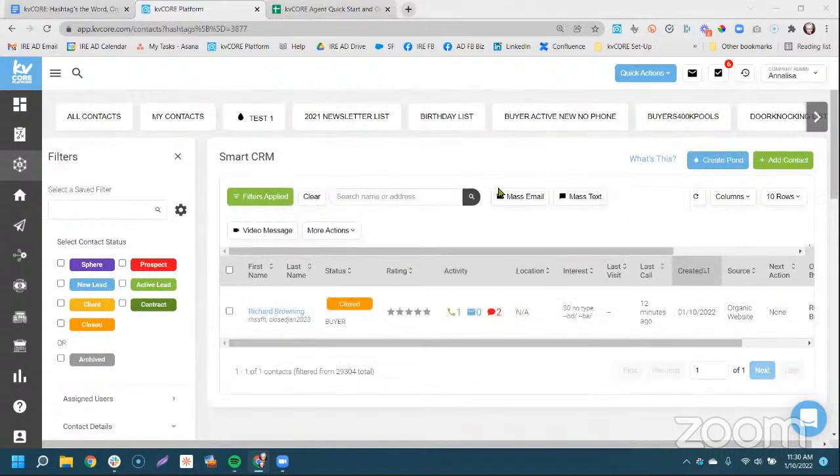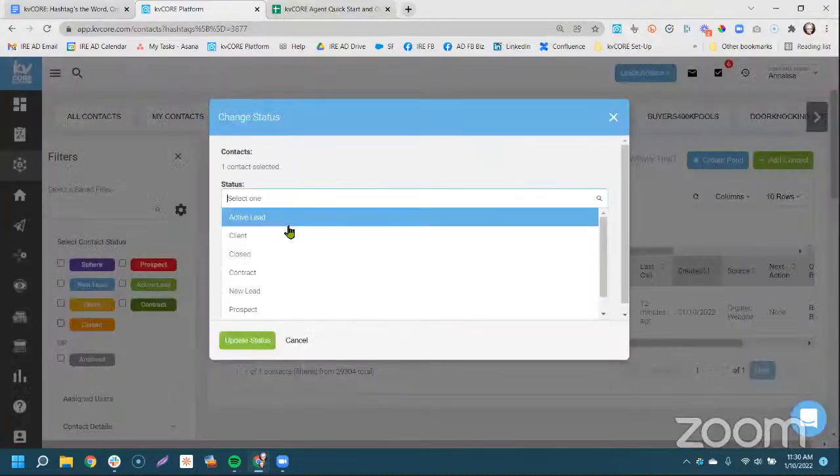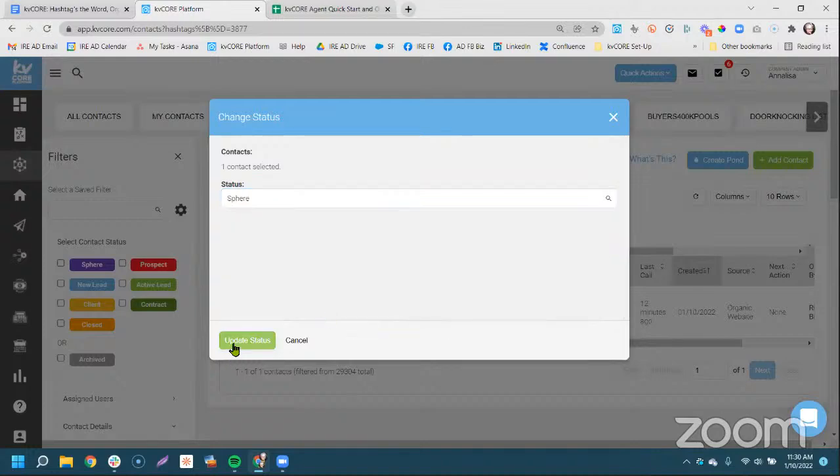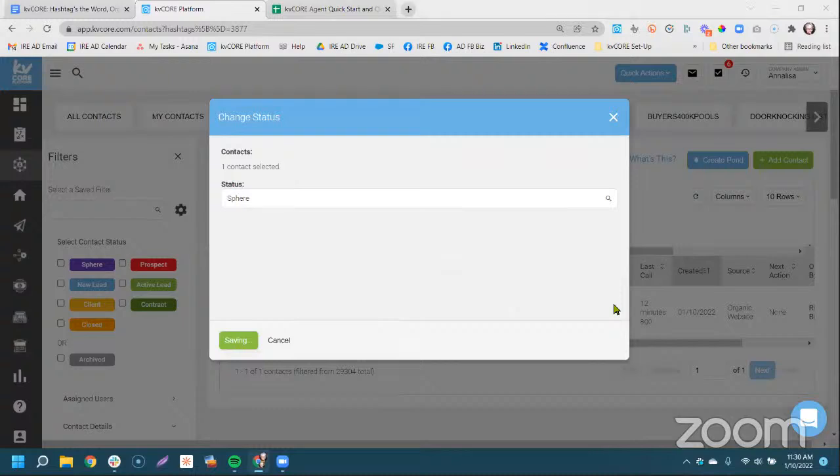But then whatever your list is, you can choose them all, more actions, and then you can change their status and drop them into sphere all in one fell swoop.